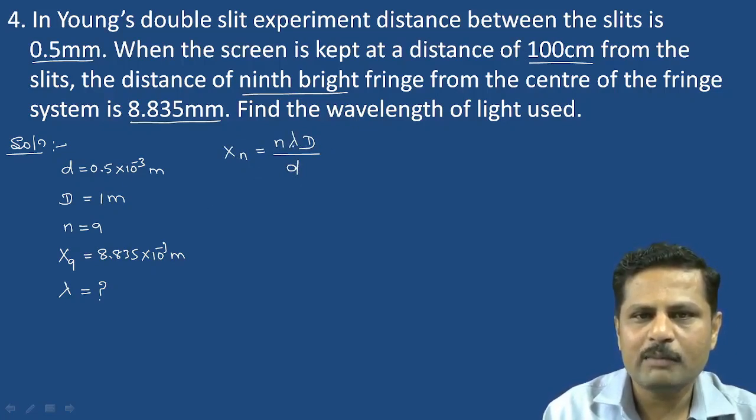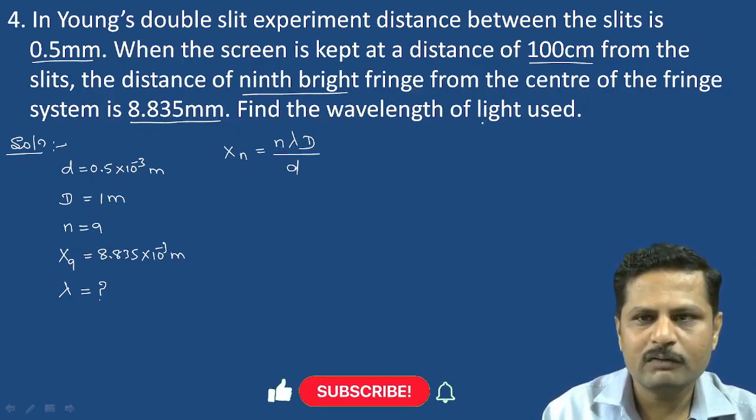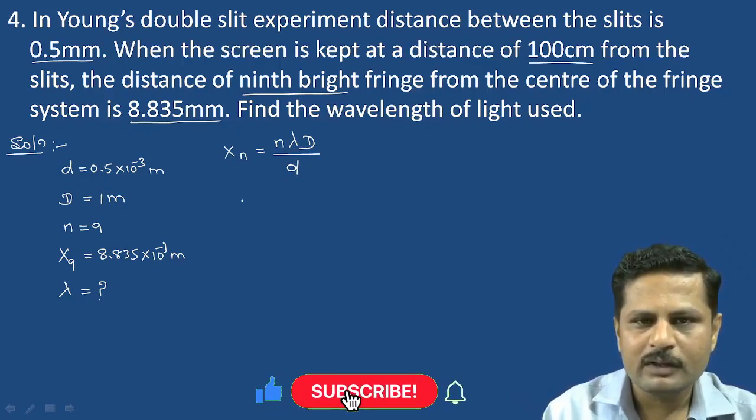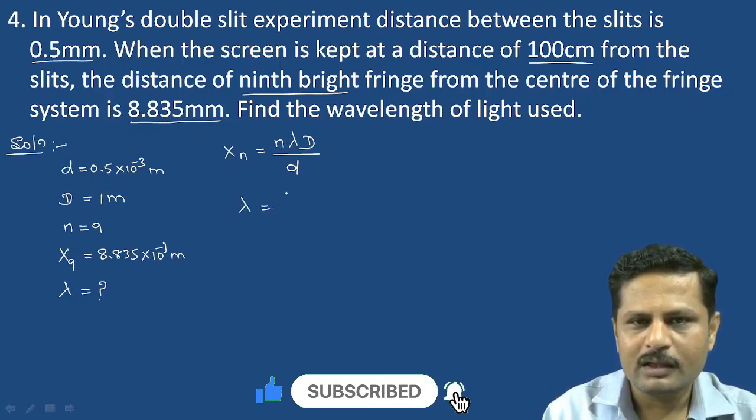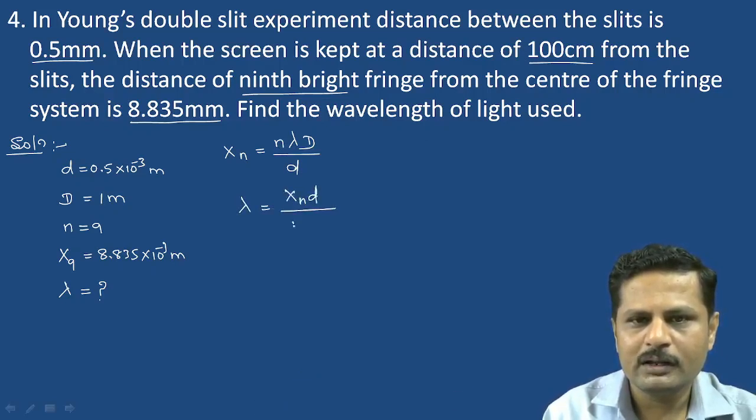We have made lambda the subject of the formula to get the wavelength of the light used. So we get lambda equals xn into d divided by n into capital D. Now on substituting the values, xn is the distance of the ninth bright fringe, d divided by n into capital D. Now let me write the distance of the ninth bright fringe from the central fringe is